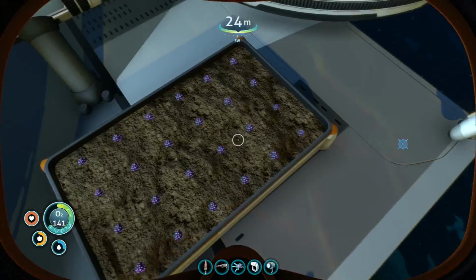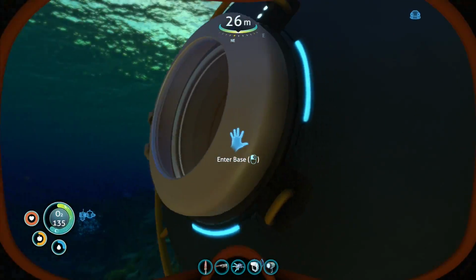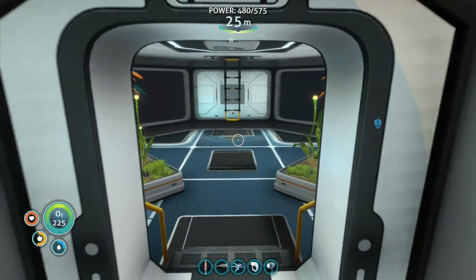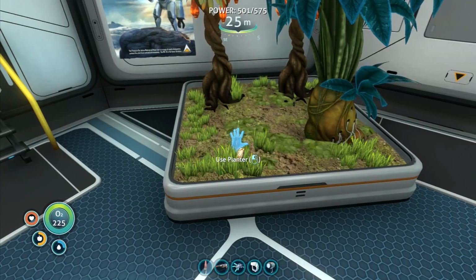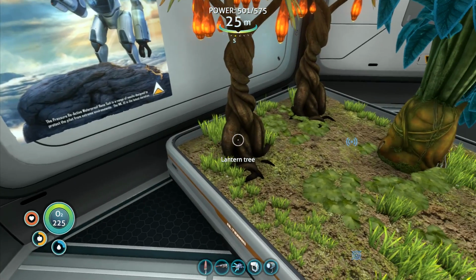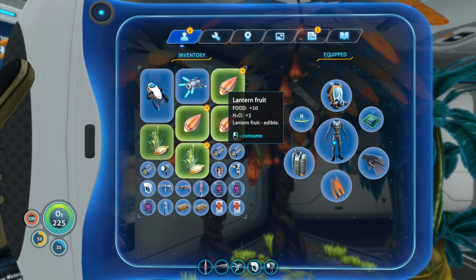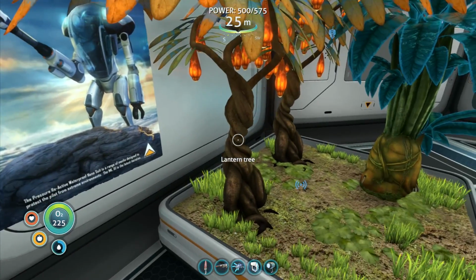Never going to use them again. So once those gel sacks are done, that's fine. We don't need to worry about them. Let's go into base. I'm going to get a little bit of food and a little bit of water, and then once I've done that, I think we're good to go. Something else I thought I could do is remove the Chinese potato from there completely, and also remove the lantern tree. I'm not sure how to remove the lantern tree, though. I've got inventory full at the moment. So if I eat these all up, like that, how do we...